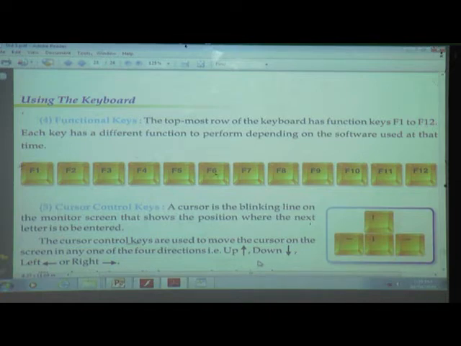Next one, F11 enters and exits full screen mode in the internet browser. F12 opens the save as dialog box in Microsoft Word. These different function keys have different functions. It depends on software. What I told now may be changed because this function depends on software.